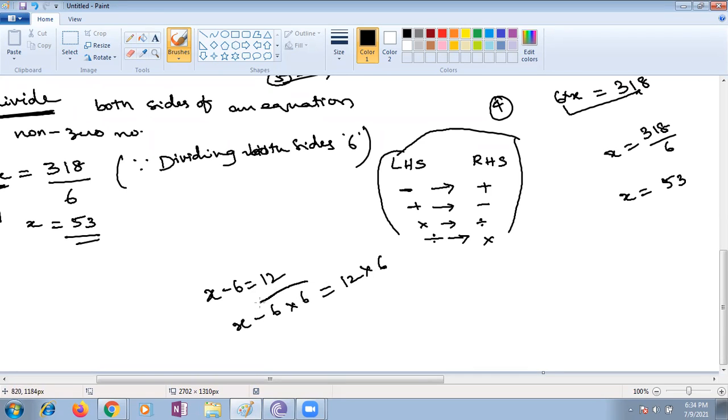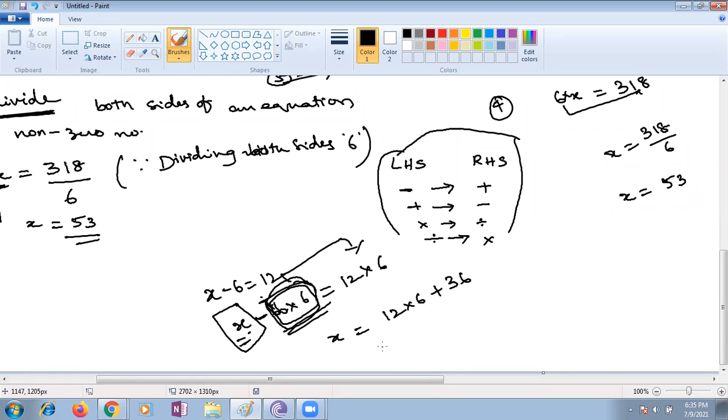In this case, what number are you supposed to take? You have to take 36. Whatever extra part is there beyond the x, you need to find only the value of x. Whatever extra is there, you are supposed to do the opposite. Suppose it is minus 36, the additive inverse of minus 36, you are adding plus 36. That's all. If you want just the x value here, X is 12 6s are 72 plus 36.